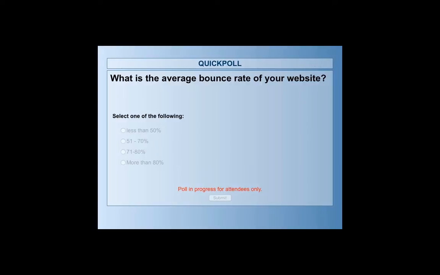Or do you think it's somewhere between, it's more than 80%. So this is quite interesting, right? Because what's going to happen in here is that I know you're going to ask me, Ambi, there is no single bounce rate that I can account for, because I have different landing pages and all that stuff. I understand that. Think about an average bounce rate of your website and then go ahead and answer that